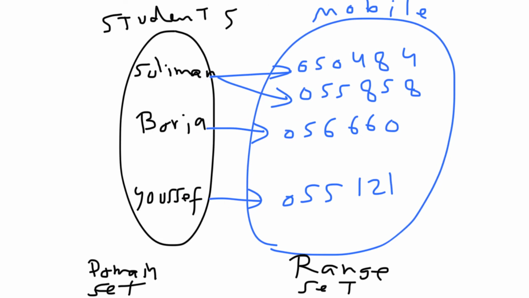But what is the difference between this example and the previous one? The previous one has the age of every student, right? Everyone has only one age. But here you can have more than one mobile. If every domain element can have more than one connection to a range element, then this is called a relation. But if it is bound by only one, like the age, in the case of the age, you see the case of the age,